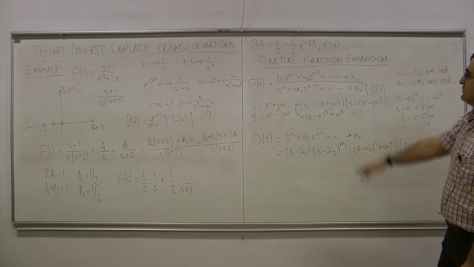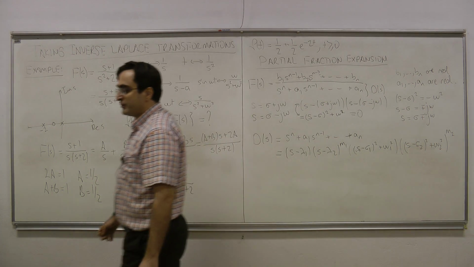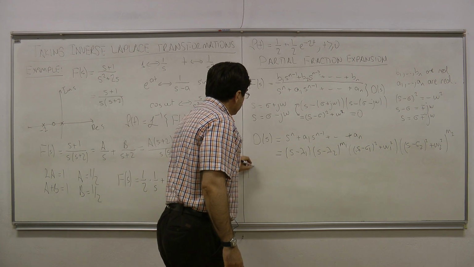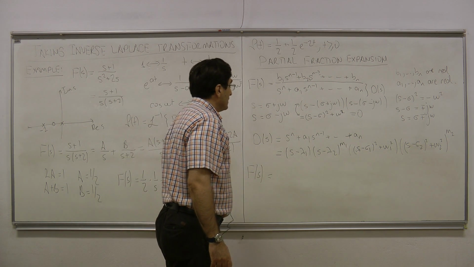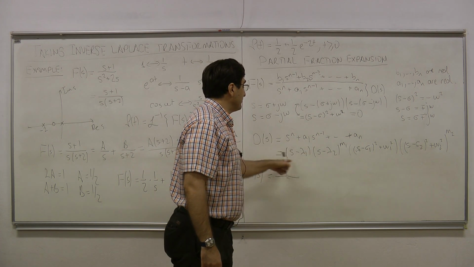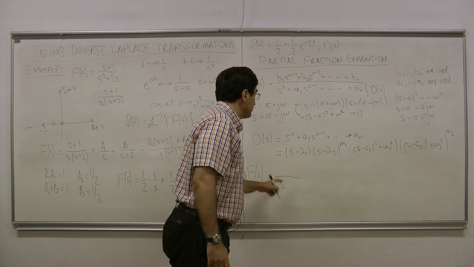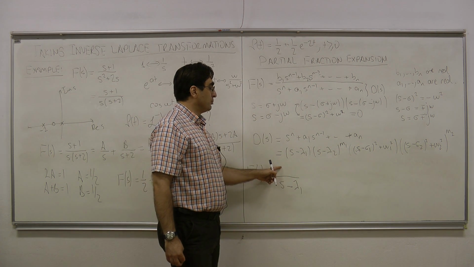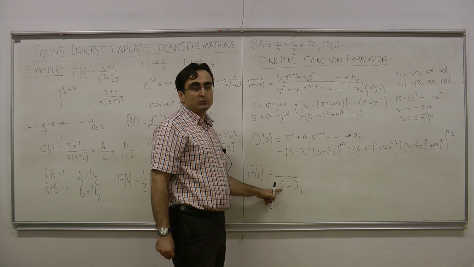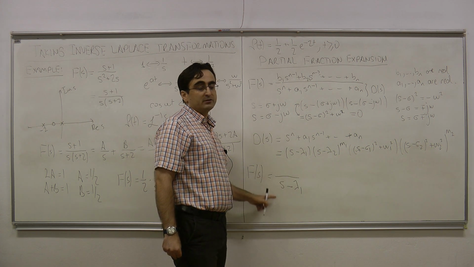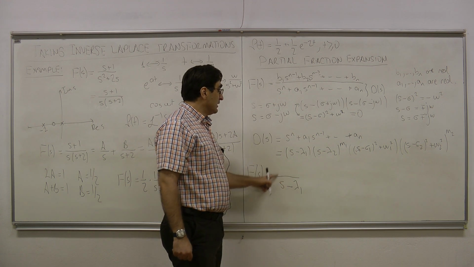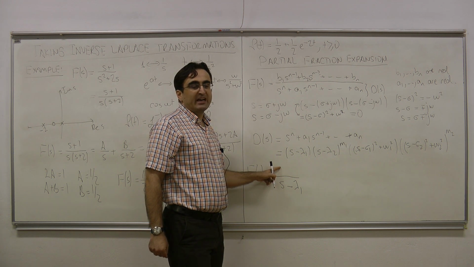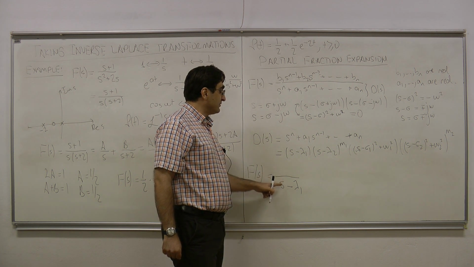So when I have such a D of s, then the partial fraction expansion of this F of s would look like this. I will write F of s here. I will always write the factors here in the denominator. The first term is going to be s minus lambda 1. And what I am going to put into the numerator is going to depend on the order of the denominator polynomial. Okay? So here, the order of the polynomial I put into the numerator is always going to be